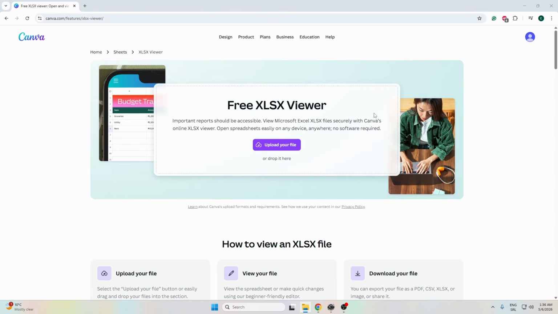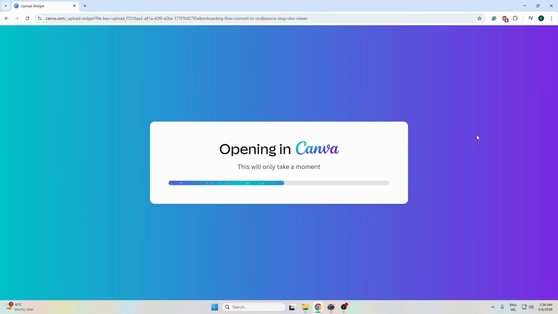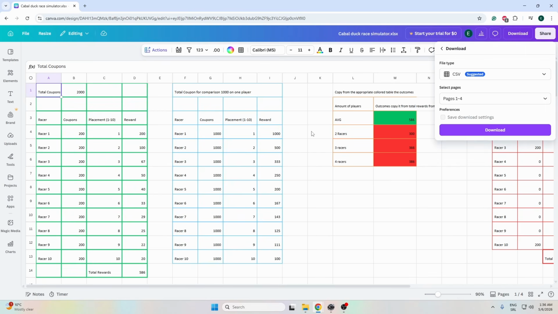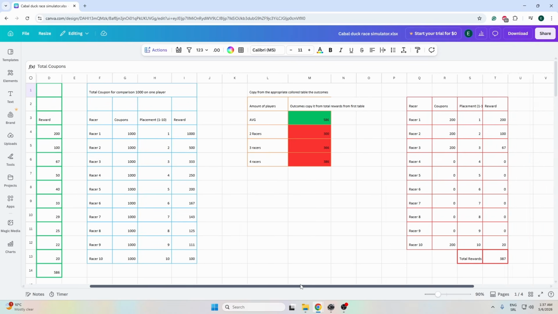a file that I have designed for this. You can upload your file or drop it here, whatever works for you, but I'm just going to drop the file here. So let's open it. It's in the Canva viewer for XLSX files. Now let's close that. So we have a couple of tables here,